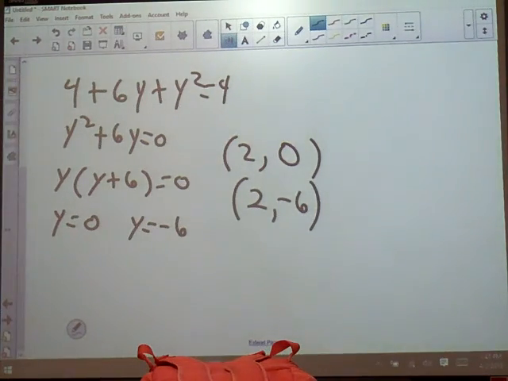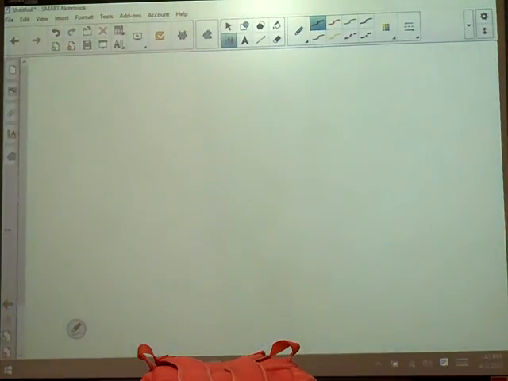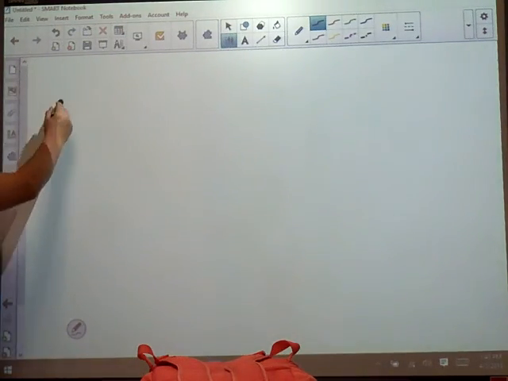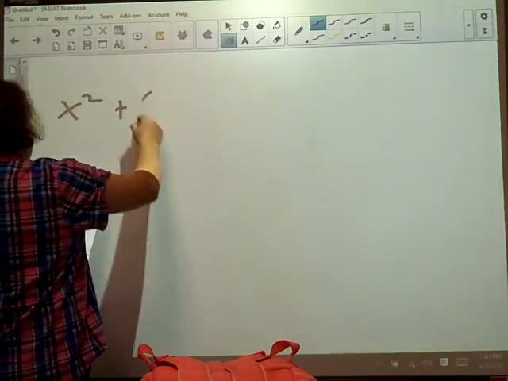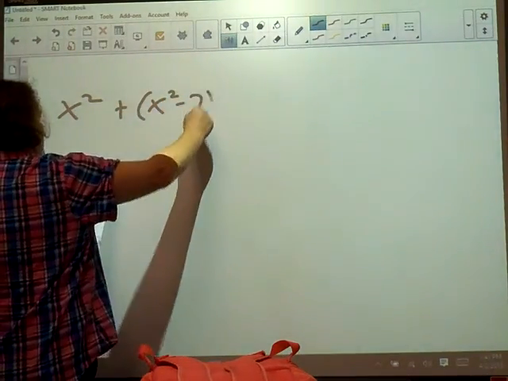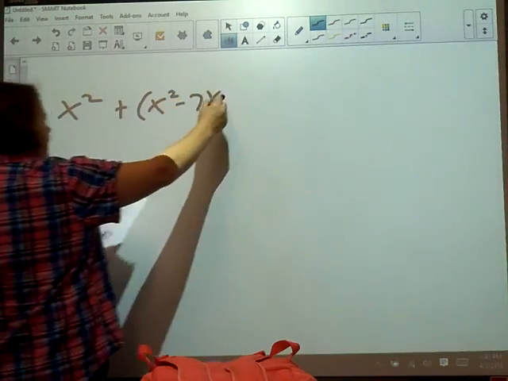Alright, 5. I did substitution. The second one's already solved. I'm going to take the x squared minus 7 and plug it into the y. So I've got the x squared that's already there plus x squared minus 7, and it says y squared, so I'm going to go ahead and write that twice,